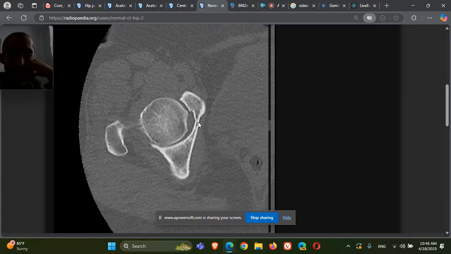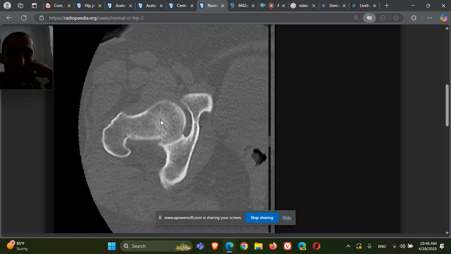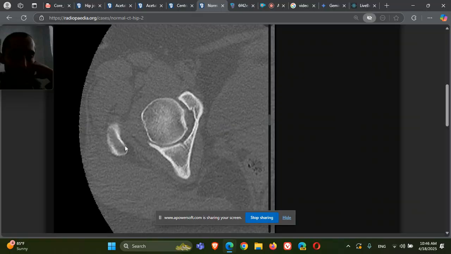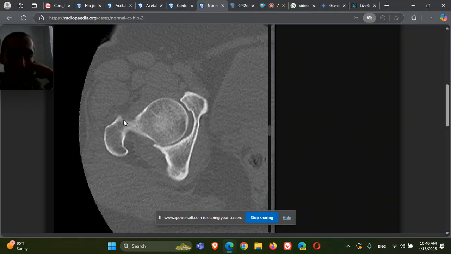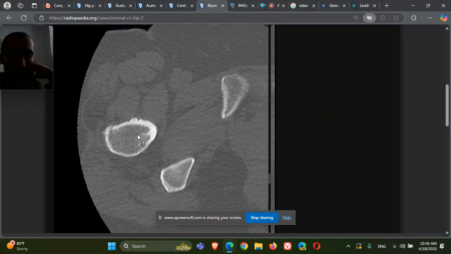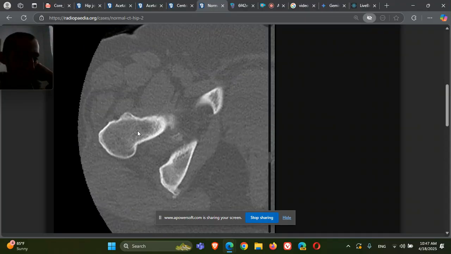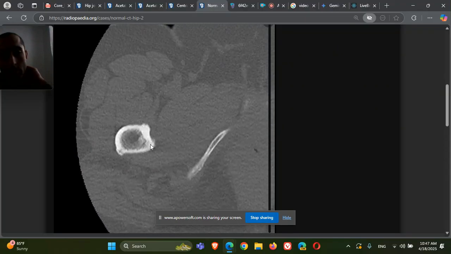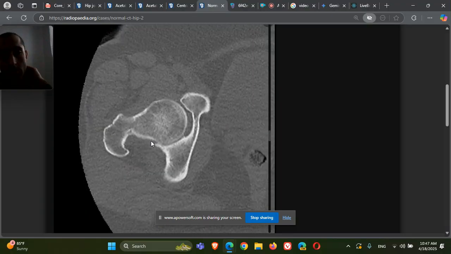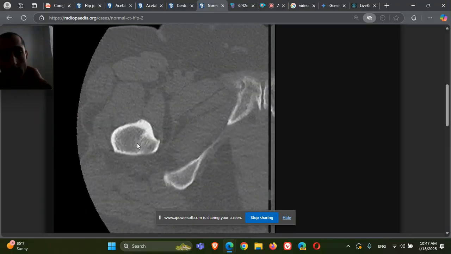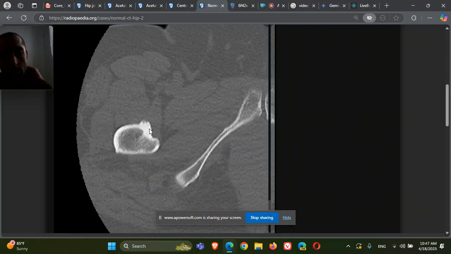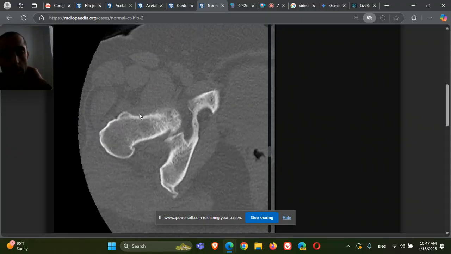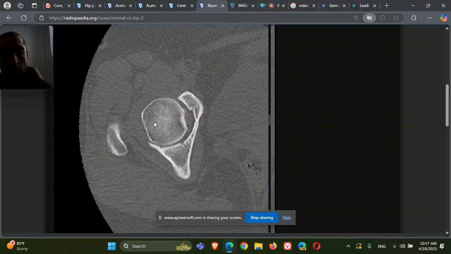Now, of course, this is the acetabulum. This is the femoral head going to the neck. We have the greater trochanter right over here, basicervical region. Great. This is probably the area of the lesser trochanter because the iliopsoas muscle comes and inserts right over here. Okay,